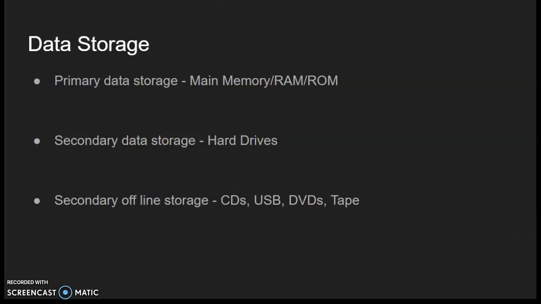minute. Data storage, we're talking about primary data storage, which is your main memory, which basically means your RAM and your ROM. Main memory is always referred to as your random access memory and your read-only memory. Secondary data storage refers to your hard drives. Things like your hydraulic hard drive, which are now being replaced by your solid state drives. And then finally, you have your secondary offline storage, which is things like, formerly known as